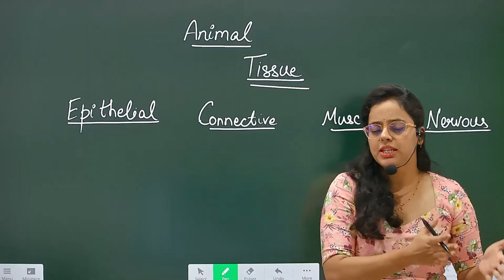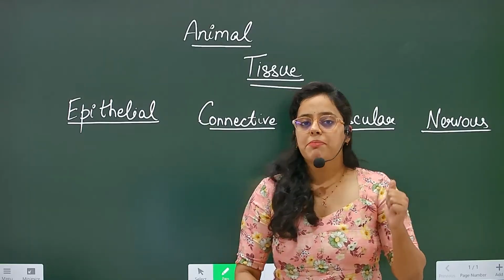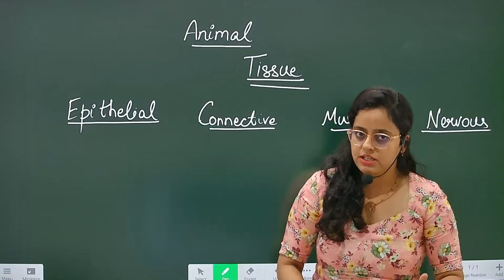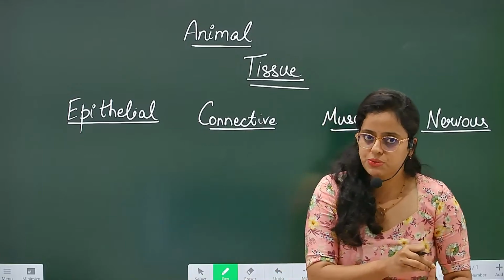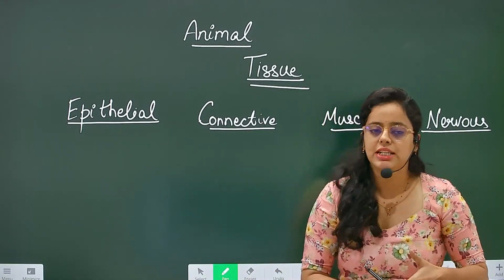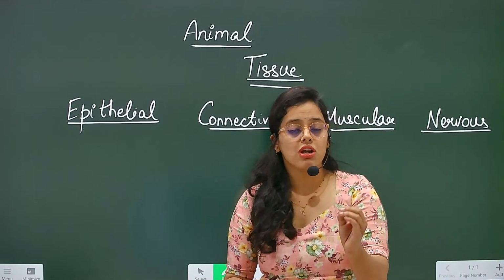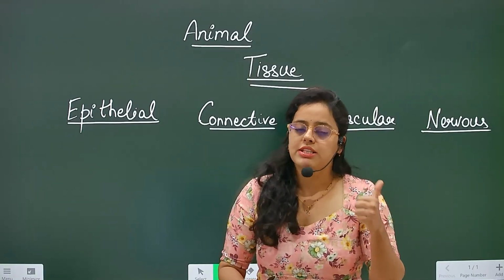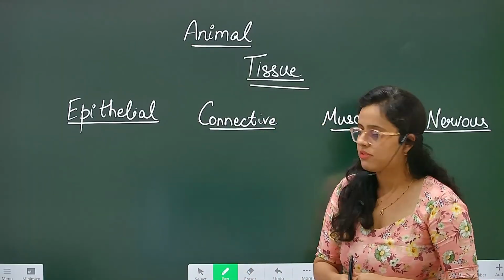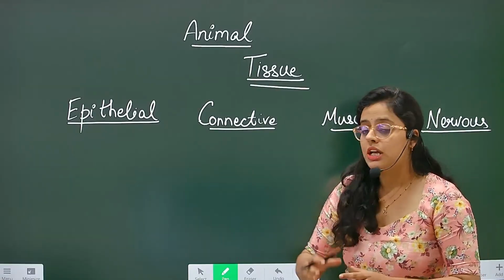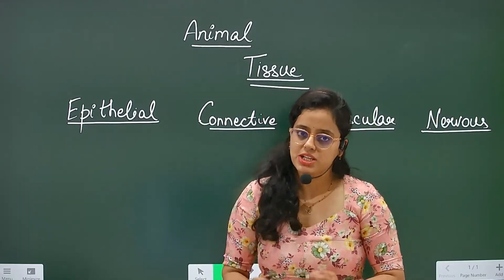There are two types of epithelial tissue, as I have told you: simple epithelial tissue and compound epithelial tissue. Simple epithelial tissue consists of squamous cells. A single layer of cells is present in this tissue, like squamous cell tissue, and we have learned about cuboidal epithelium, columnar epithelium, brush border columnar or cuboidal epithelium, and ciliated cuboidal or columnar epithelium. Similarly, we have also learnt glandular epithelium. They are single layers of cells. Now coming to compound epithelium, there are multiple layers of cells, and the main function of compound epithelium was, yes, you are right,